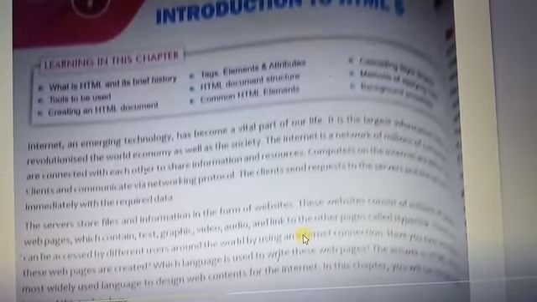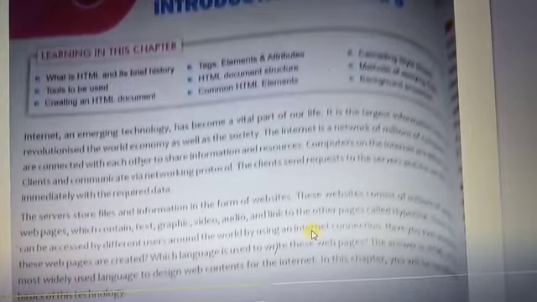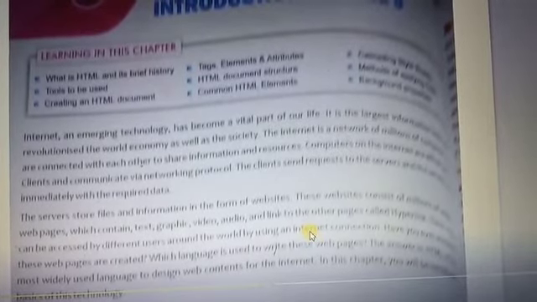From the server side, it transfers the HTML syntax to the client's computer through the web browser, and again the web browser converts it into the human readable form. So ultimately, you know the importance of HTML. The main purpose of HTML is to create a web page.